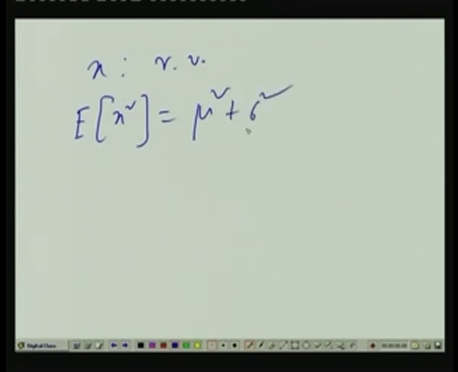Further, suppose x is a random variable and E of x square, which is always true, is mu square plus sigma square, that is the expected value of x square, which is also called the expected power in electrical engineering language. And suppose this is given to be 0. Since this is a squared number, this is a squared number, and therefore both are positive, this means mu is equal to 0, sigma is equal to 0. Now, sigma equal to 0 means x takes the value mu with probability 1. That means in all experiments you will continue to get the value of x equal to mu. And what is mu here? 0. So, that means x is a random variable which will always take the value 0,